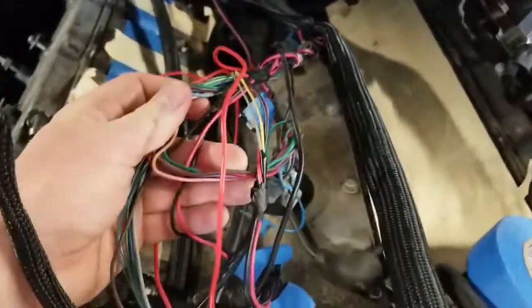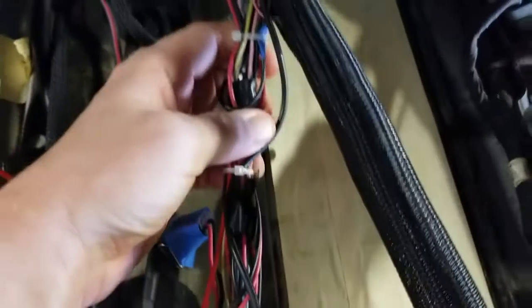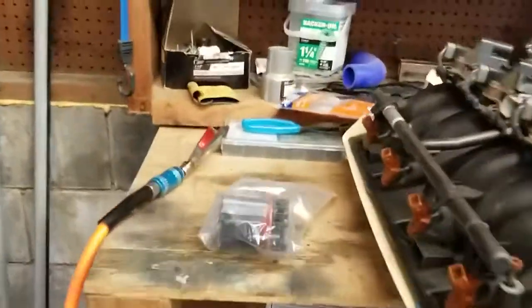So I want to clean all this wiring up. I have a lot of it bunched up. As you can see, this was wound together. So I want to stretch it all out, get it all nice and clean. This injector wiring is looped, so I want to get all the loops out. I want to pull it through, and then I'm going to look at, I mentioned this in an earlier video,